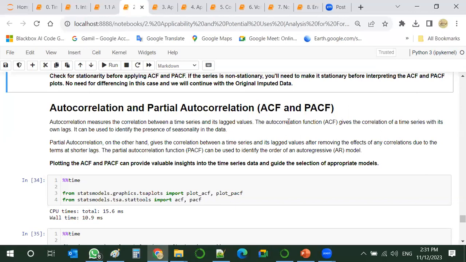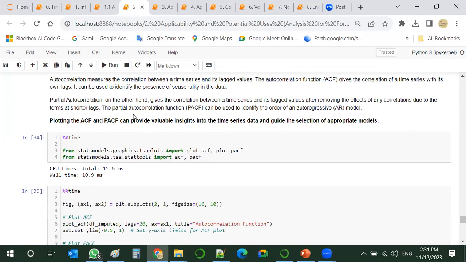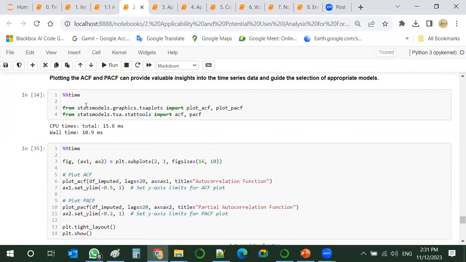And the correlation could be direct between the lagged value and the current one, or it could be partial, going through the other lagged values until it reaches the new value. So plotting them can also provide insights on the appropriate model that can be used.